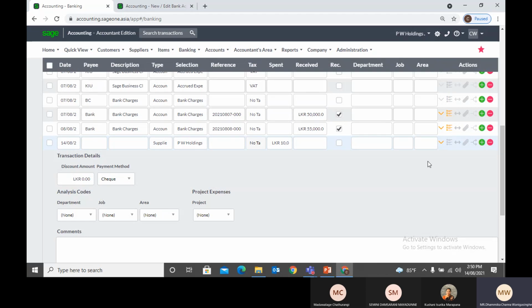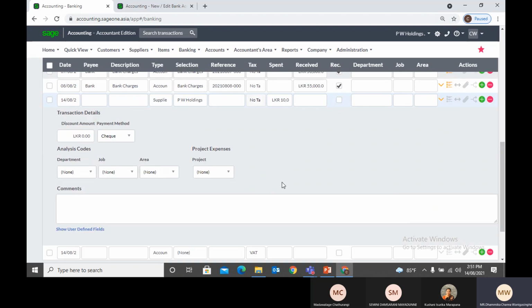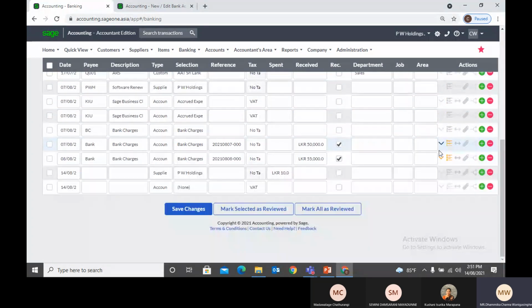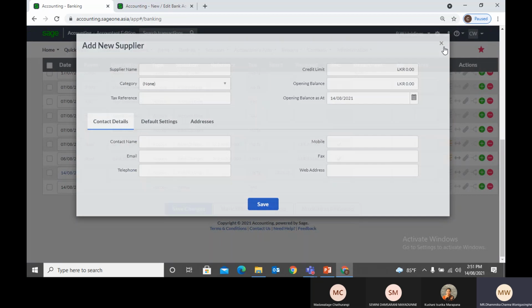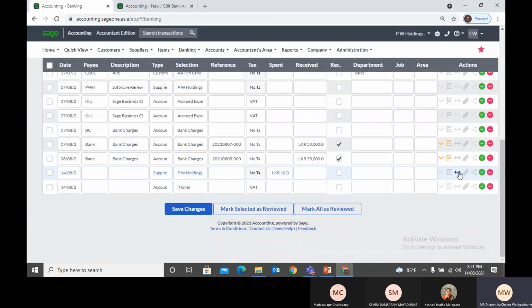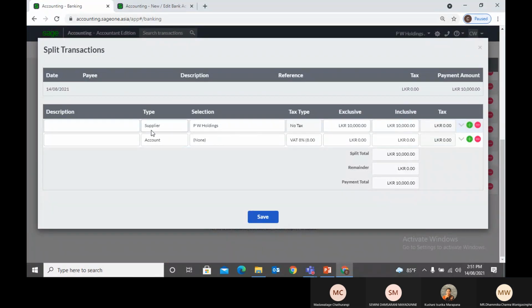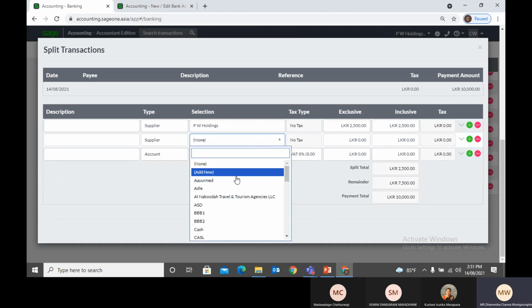And also sometimes you may need to pay two suppliers from one transaction. In practical situations, sometimes you need to pay two suppliers from one transaction. In that case, you can select the supplier from here, or without selecting the supplier, you can click this double arrow, and from type you can select the supplier, and here in selection you can select the supplier, and enter the payment amount here. And from the next line you can select the other supplier,